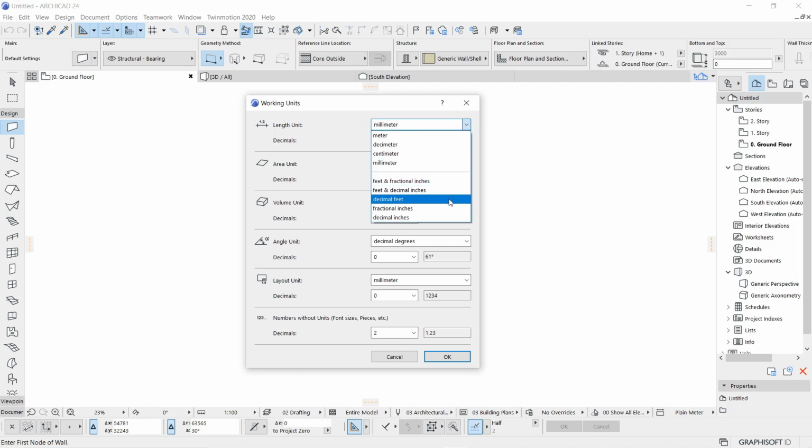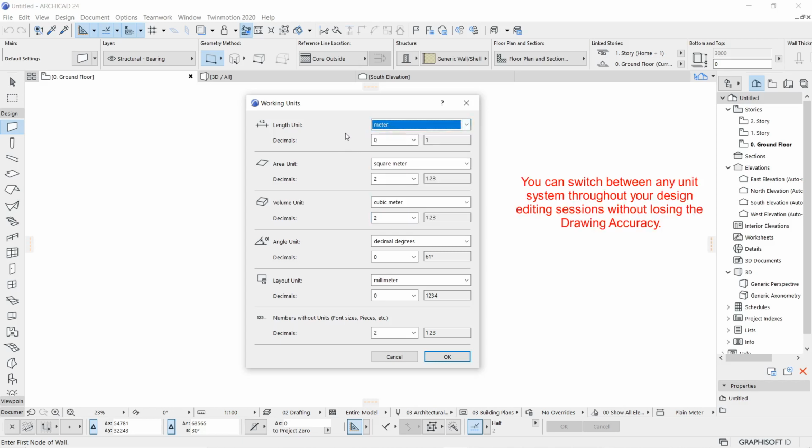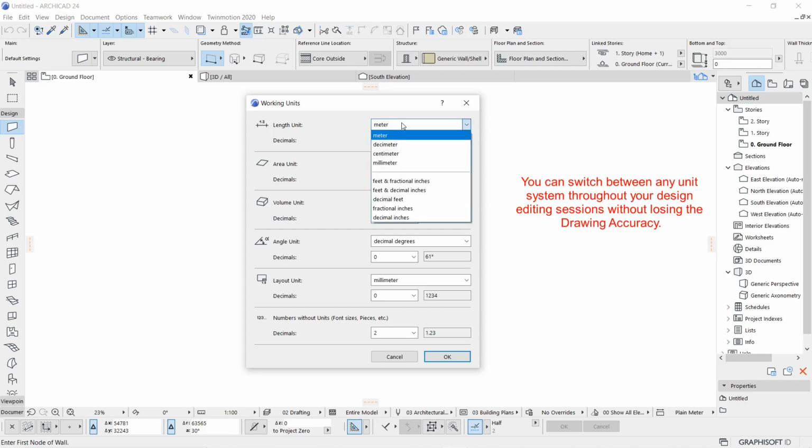Make sure you don't have to worry about changing the unit system in between. For example, I've started with meters, and maybe after some time, after putting in some data entry, I realize meter is not convenient for me. I should switch over to either millimeter or feet and decimal inches.